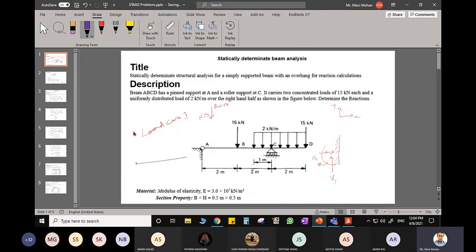This is the start point of the member, and this is the end point of the member. And say you have a load of P kilonewton, which is acting at a distance of x from the start point.